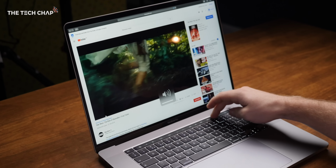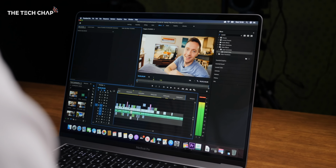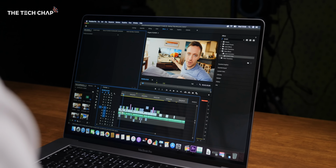4K screen option. This is a MacBook Pro, it's for professionals, for creative users, and yet you can't watch videos or your edits back natively in 4K. So I actually asked Apple about this and what their thinking was, and they said that, well, they thought this resolution was the best balance between sharpness and battery life. So while a 4K screen would have been nice, this is kind of like a happy medium